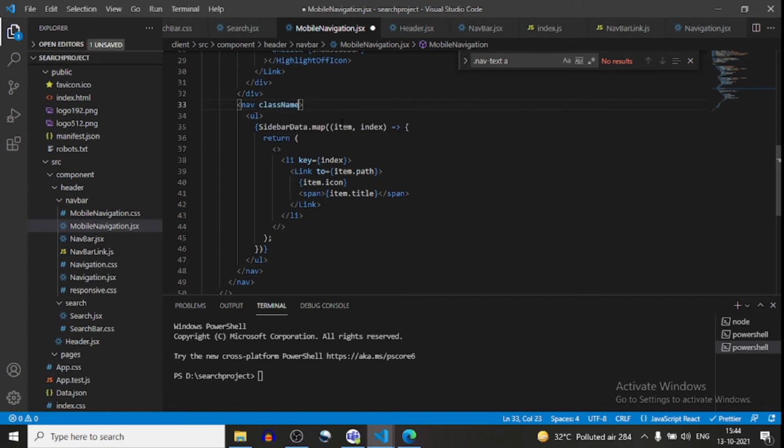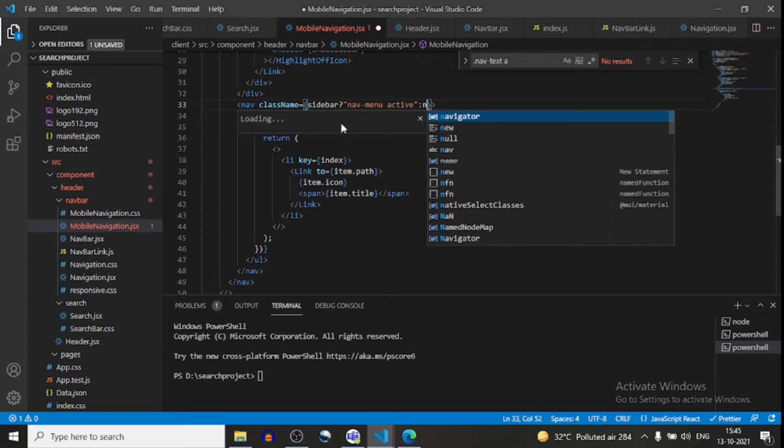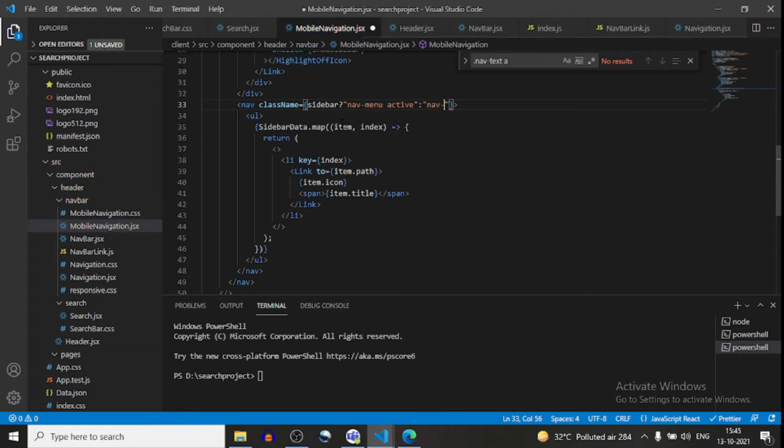Whenever I click on this sidebar, I will apply the CSS for active or non-active. So that CSS is nav menu, and this will be active, and if not sidebar, then nav menu. I will apply this CSS and show you.